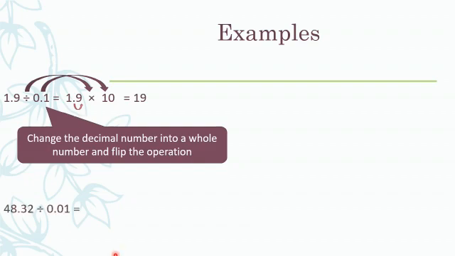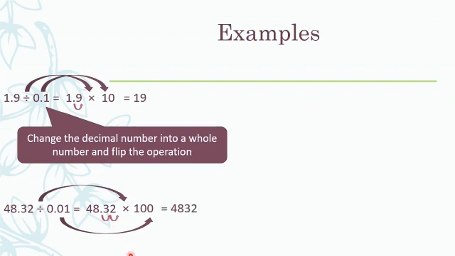Another example. 48.32 divided by 0.01. 48.32 will stay the same. As for the division sign, it will be a multiplication sign, and 0.01 will be 100. 48.32 times 100. We are multiplying by 100. So the decimal point in this number will be moved 2 steps to the right. 1, 2. And the answer will be equal to